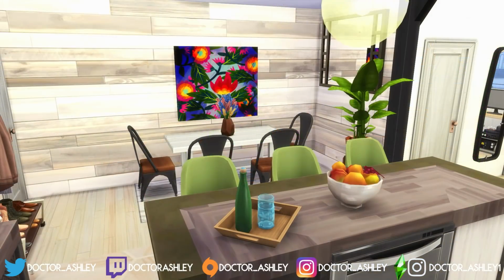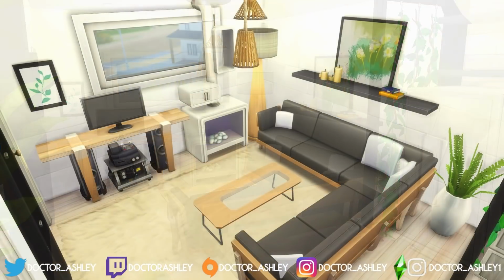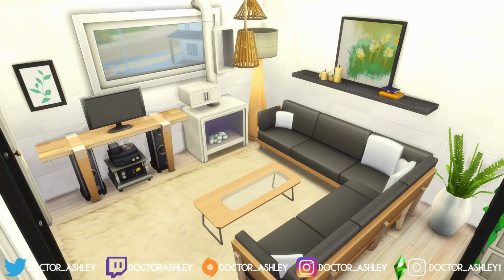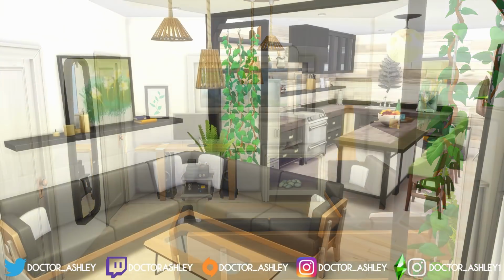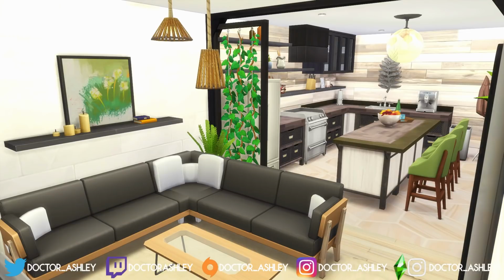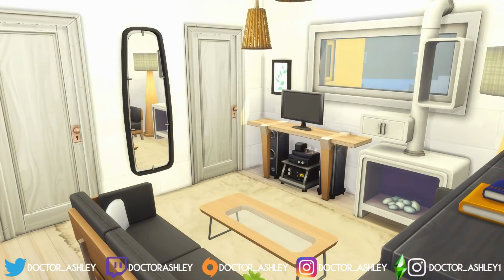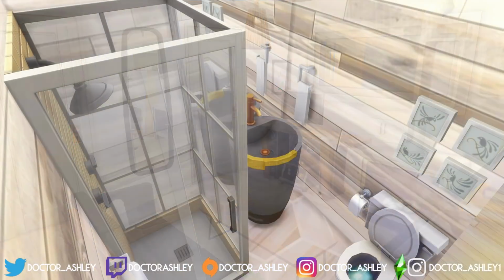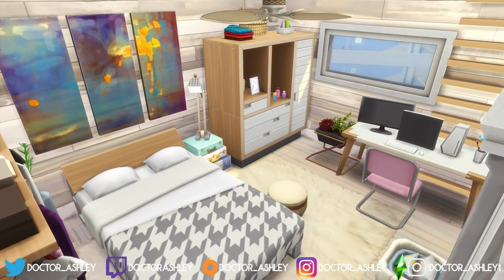But yeah, overall the build is done and the screenshots are now rolling. It was a really quick renovation because it was a small apartment, but I hope that this gave you a sense on how the items from this pack incorporate into something like an apartment build and also mesh well with some of the other pack items, since I did use a couple items from other expansion packs here and there. So overall, let me know what your thoughts are on this apartment down below,